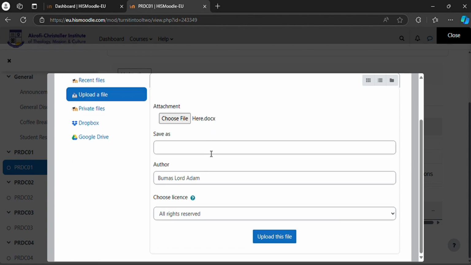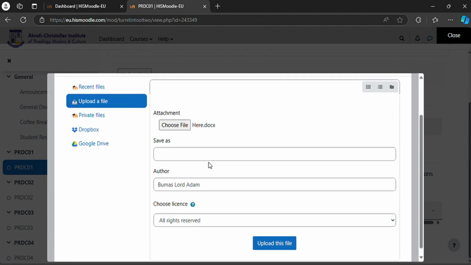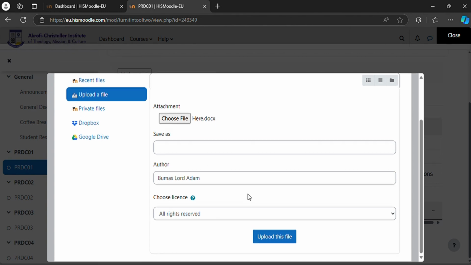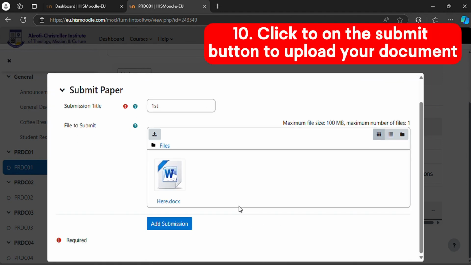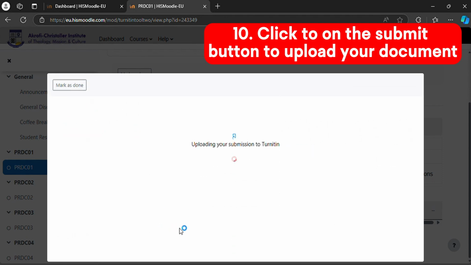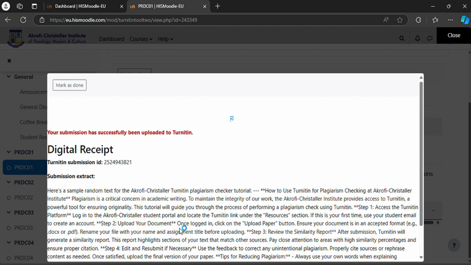That's the .docx file. You can add a name that you want to save it as. That's not that necessary, but you can just skip it since we've already named it in the earlier process. So upload this file, and then add submission. This might take a couple of minutes. So let's just wait. This is saying your submission has successfully been uploaded to Turnitin, which means it has been uploaded